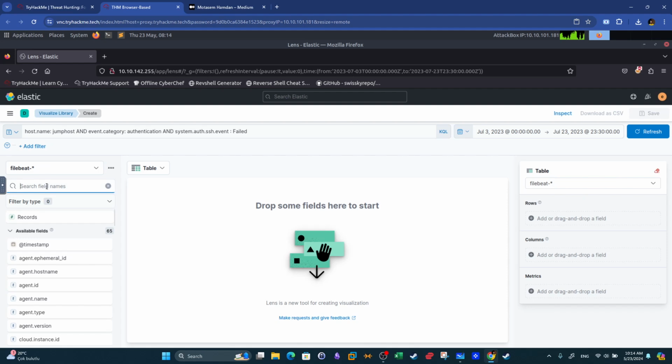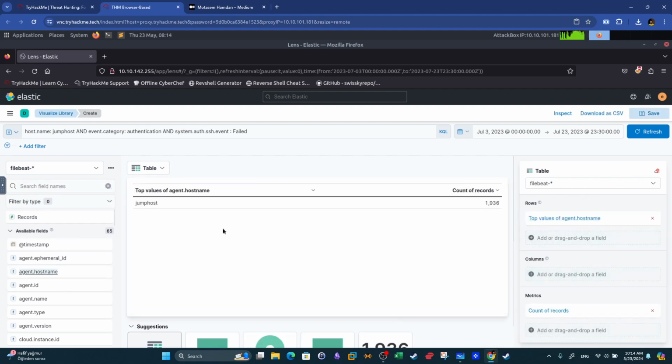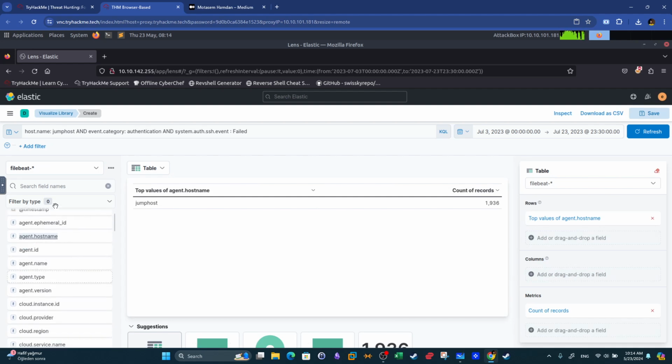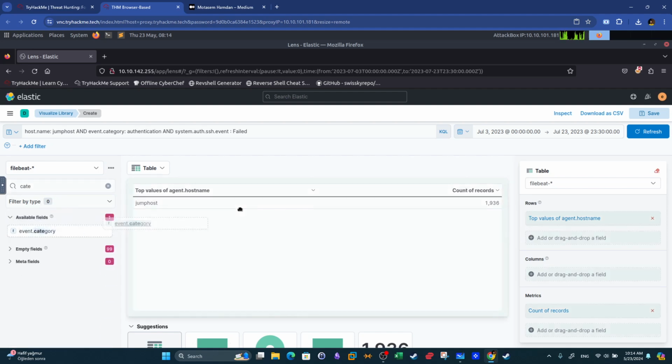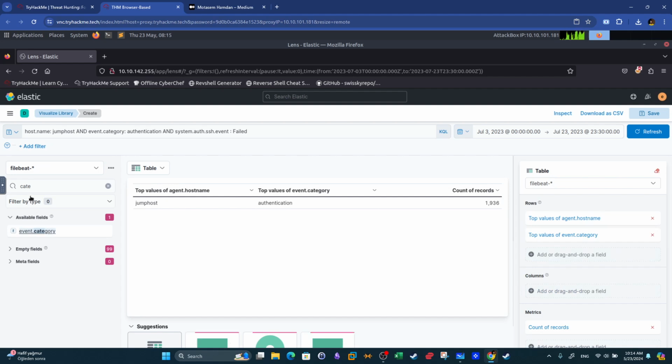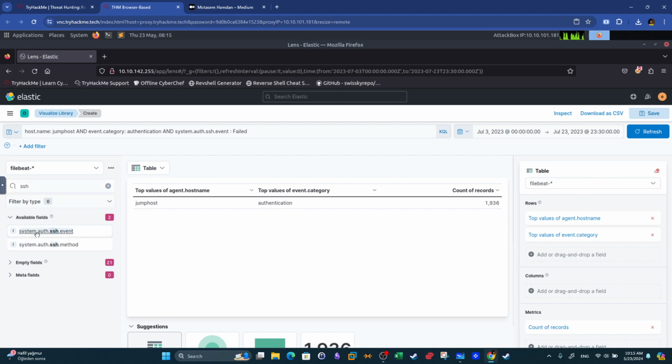We're gonna type here first the host name, and then we're gonna search for the event category, and we want to search for SSH, and use this to find the nature of the authentication,